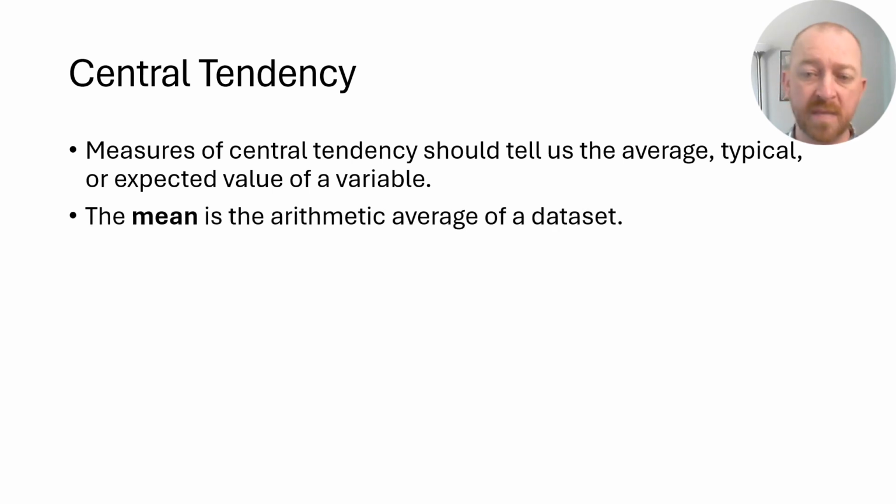The first one was the mean. The mean is the arithmetic average. It takes all of the values of a variable that were observed in a particular data set, adds them all together, then spreads them out evenly across the number of times we saw a value of that variable. And so that gives us the expected value for any given observation of the variable because it averages out across, okay? So it uses mathematics to figure out what the expected result would be.